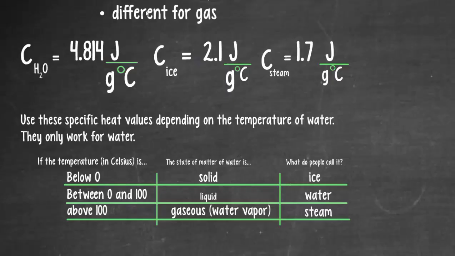So you'll see this. These three values will definitely be given on your test. So no need to try and memorize them, no need to even try and remember them. But you need to know this. So basically you need to know that the freezing point of water is 0 degrees, and the boiling point of water is 100 degrees Celsius. And so if you're below 0, you're going to be solid ice. If you're between 0 and 100, you're going to be liquid water. If you're above 100 degrees, you're going to be steam. So you need to know at the different temperatures what state it's in,